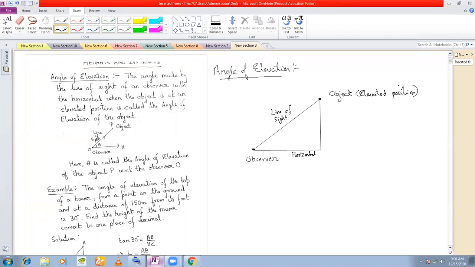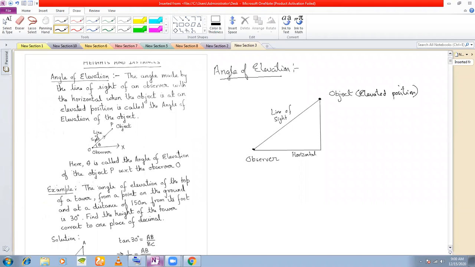Okay, when this object is at an elevated position, that is why it is called angle of elevation. Okay, whenever the object is at an elevated position, remember, then we find out